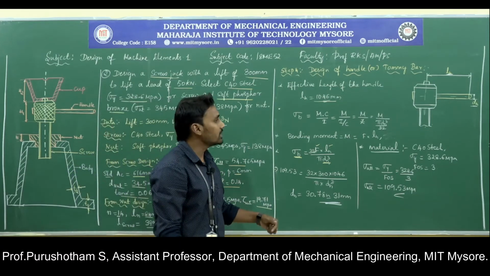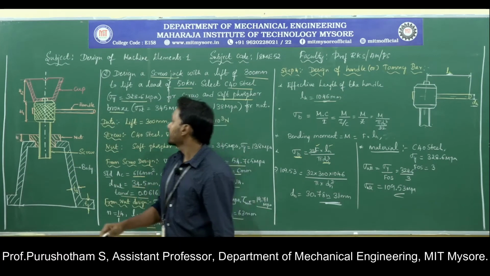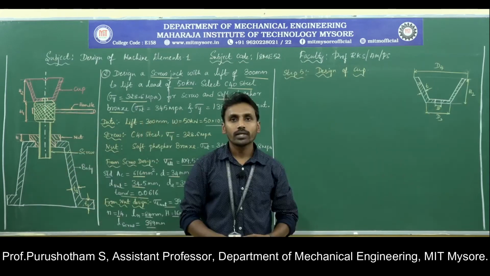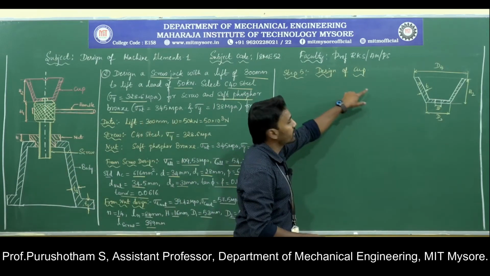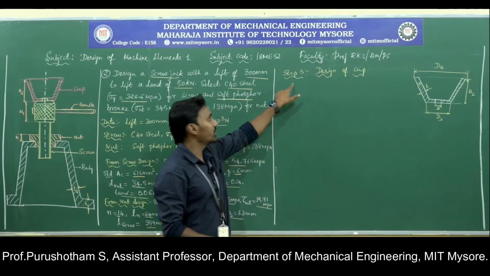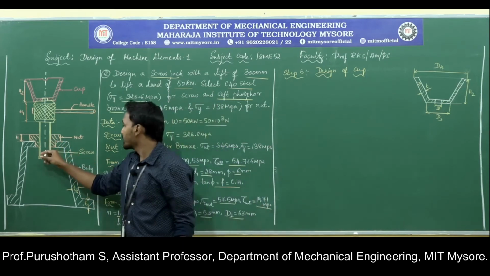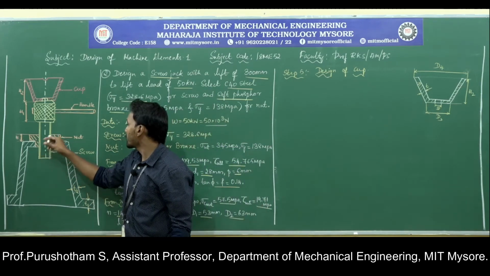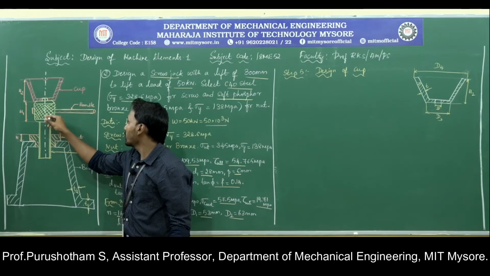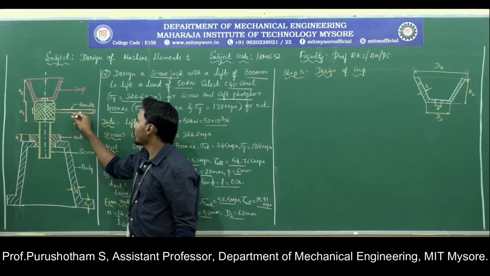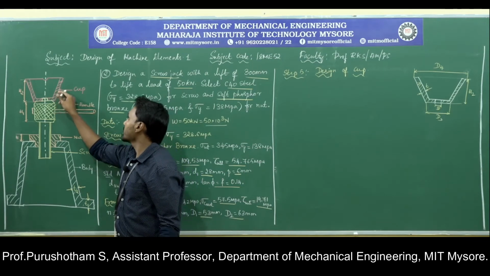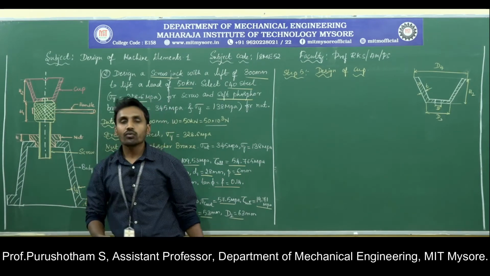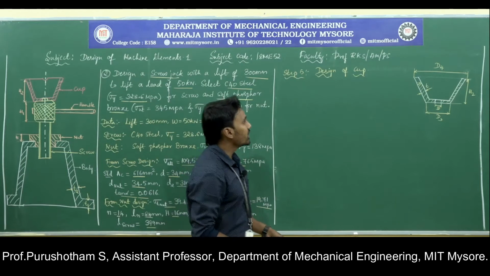Next we are moving on to the design of cup, that is step number 5. In step number 1 we designed the screw rod, in step number 2 we designed the nut, step number 3 the screw head or collar, and step number 4, design of the handle, is over. Now we move on to step number 5, design of cup. Here what we need to find out,